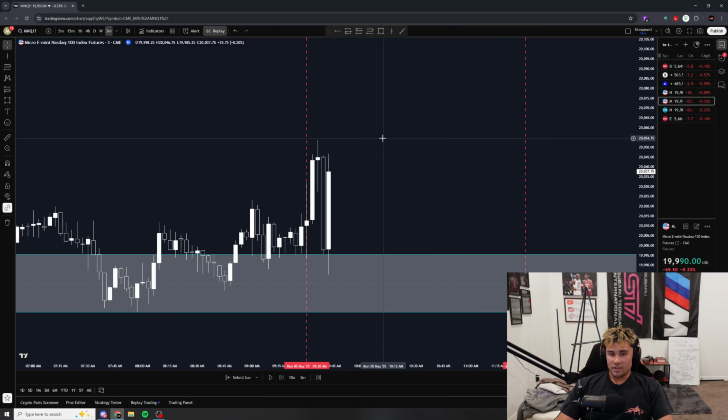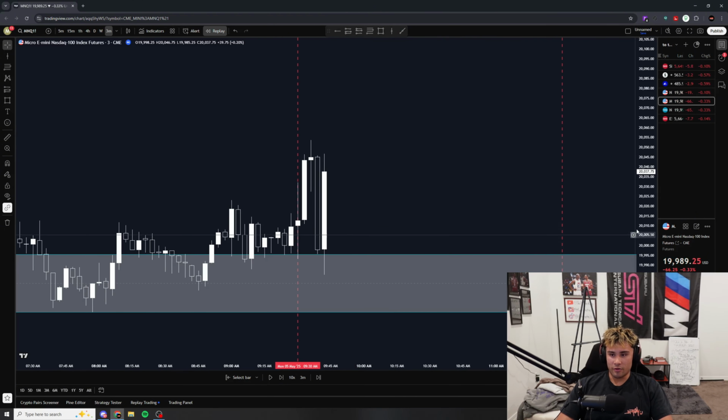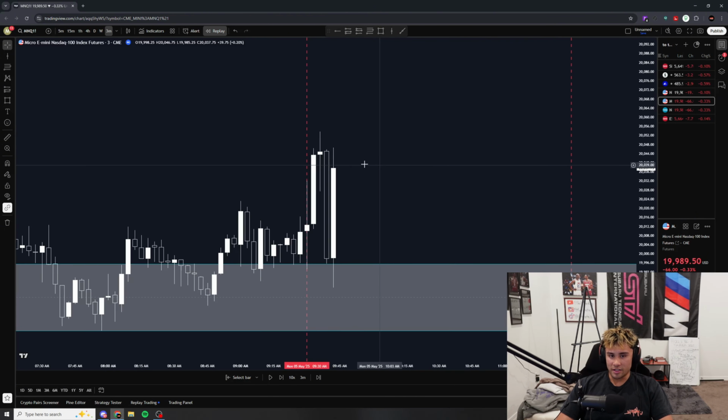Now, once again, rejecting out of this zone and then also going into what we talked about in our introduction to price action reading, we can see that buyers instantly came in and basically said, fuck you to all these sellers that pushed this thing down. We came all the way up here, wicked above the high of that pullback candle, and then had a very strong close. And that's actually where I could have entered a long setup